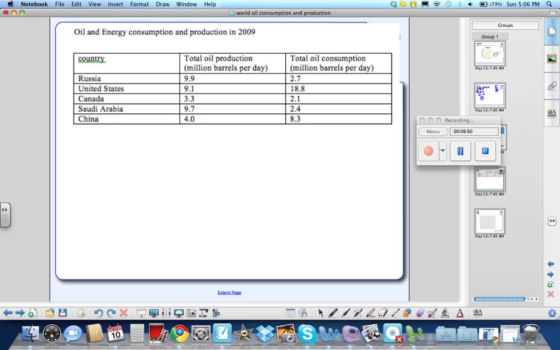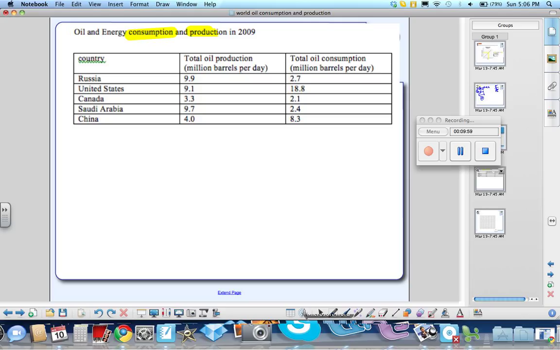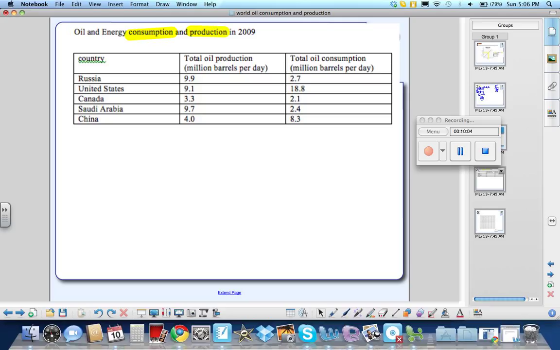and production. Notice again, consumption means what we consume, what we use up. Production means what we make, produce. Okay? These are not all the countries that make and use oil. These are just some that I picked. I figure we'll just look at 5 of them. Notice we have Russia, we have United States, we have Canada, Saudi Arabia, which is in Middle East, and China,